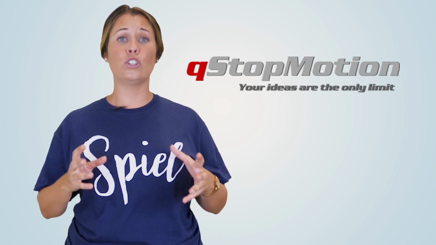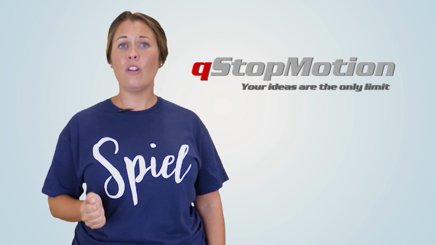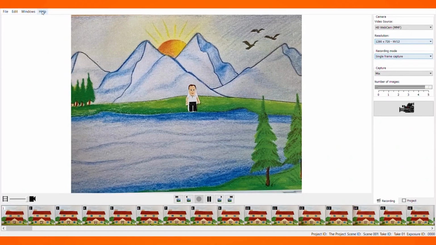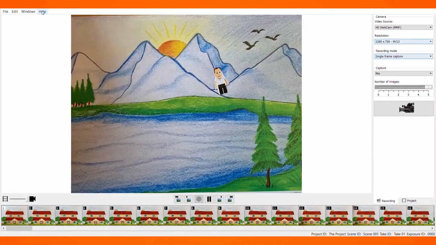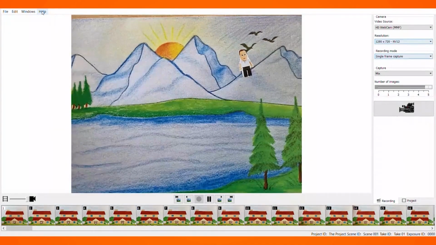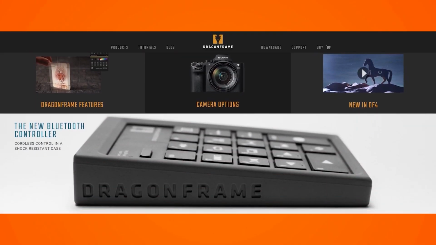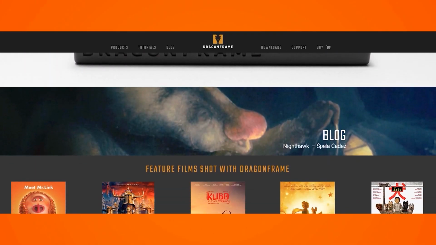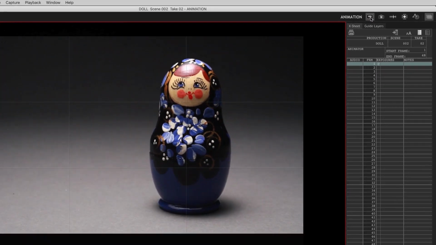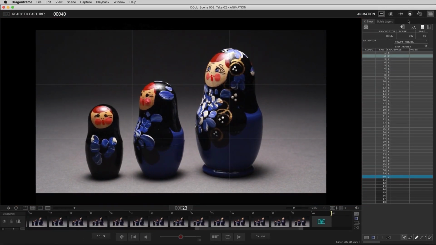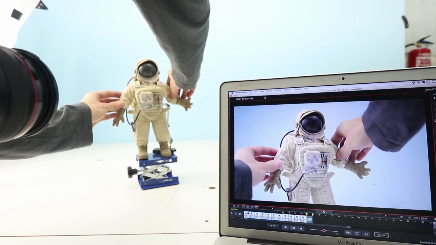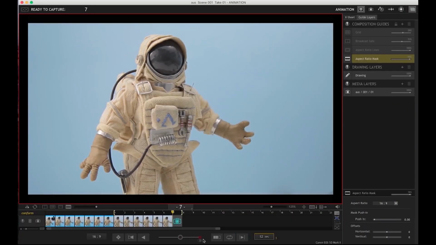On the other hand, if you're using a DSLR camera, you can install a free application on your computer called Q-Stop Motion, which is available on their website to download. It has an easy-to-use system to help create high-quality stop-motion content, so go check it out. If you really want to dive deep into more advanced stop-motion animation software, then check out DragonFrame, which is more geared towards professionals. It provides a really extensive range of features, but it does come at a cost of $300 and works best with DSLR cameras.